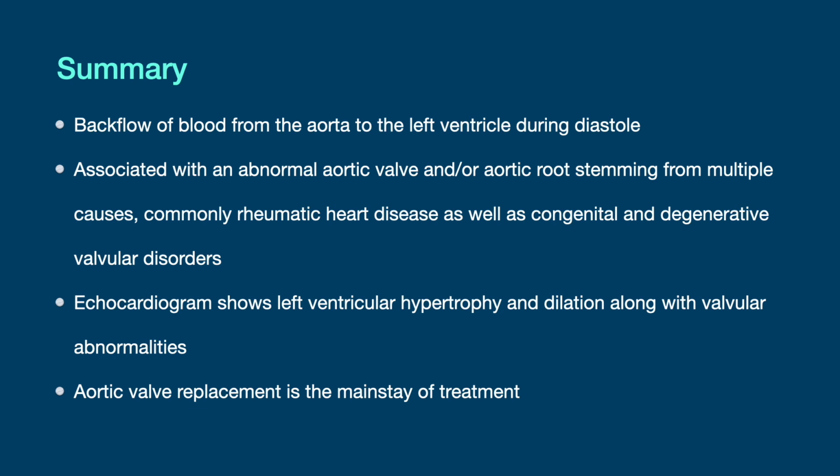Let's summarize. Aortic regurgitation is a cardiac condition characterized by the backflow of blood from the aorta to the left ventricle during diastole. Aortic regurgitation is associated with an abnormal aortic valve and or aortic root stemming from multiple causes, commonly rheumatic heart disease, as well as congenital and degenerative valvular disorders. Thus, echocardiogram shows left ventricular hypertrophy and dilation along with valvular abnormalities. Eventually, congestive heart failure occurs as the left ventricle is unable to handle the hemodynamic overload. Aortic valve replacement is the mainstay of treatment for AR with left